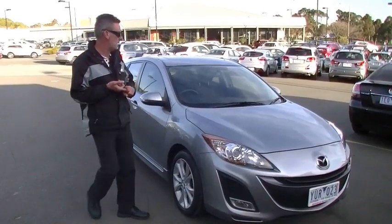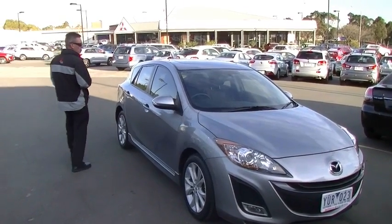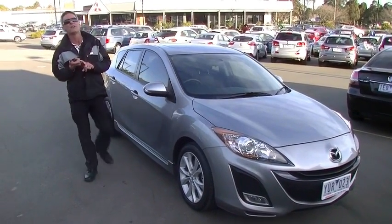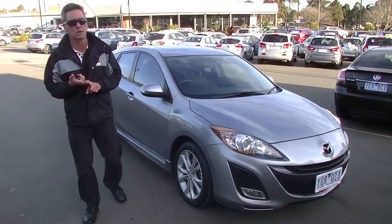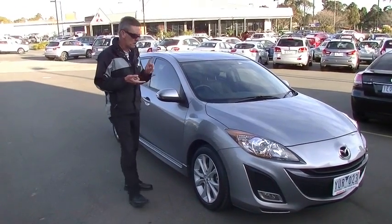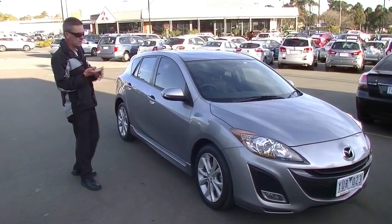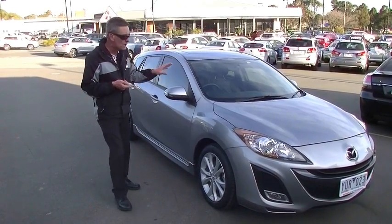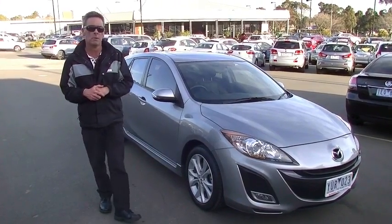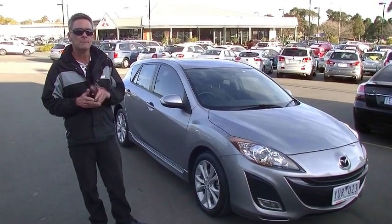So in summary, 2011 Mazda 3 SP25 hatchback, 122 kilowatts of power, 227 newton meters of torque, 8.6 litres per 100 k's. Great economy. It's got the little zippiness around town, factory sunroof, factory alloys, good case, a quality example of a 2011 model. Hope this gives you a really good idea of the quality of our car, but feel